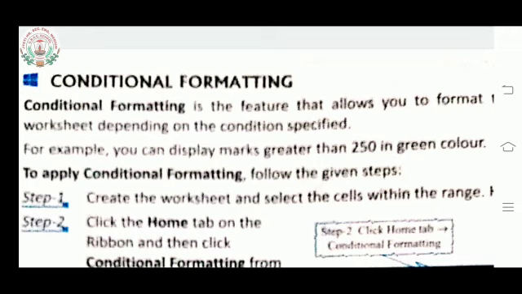You have to select the cells, means the marks written from the, like, English it is a starting and last, suppose it is going up to moral science. Okay, so the marks, only the marks, you don't have to select the subject's name, only the marks you are selecting. So suppose here the range is given F1 to F7. Okay, then that is the step 1. Then coming to the step 2, that is click home tab on the ribbon.